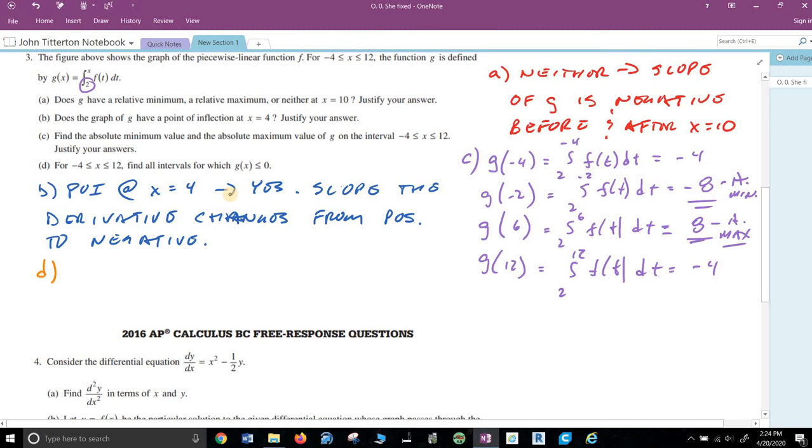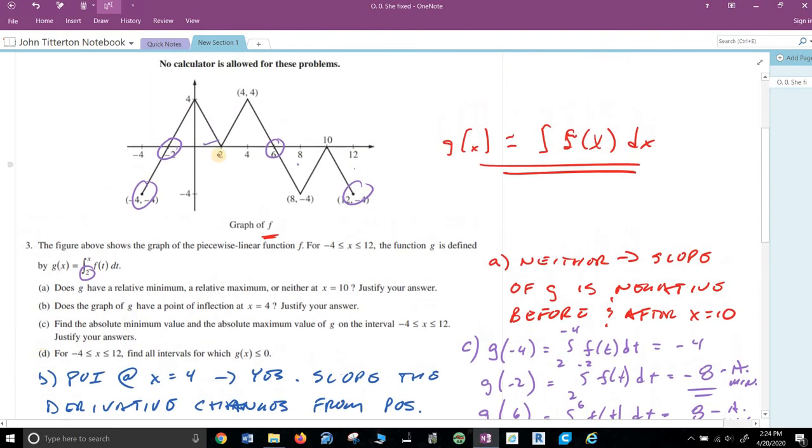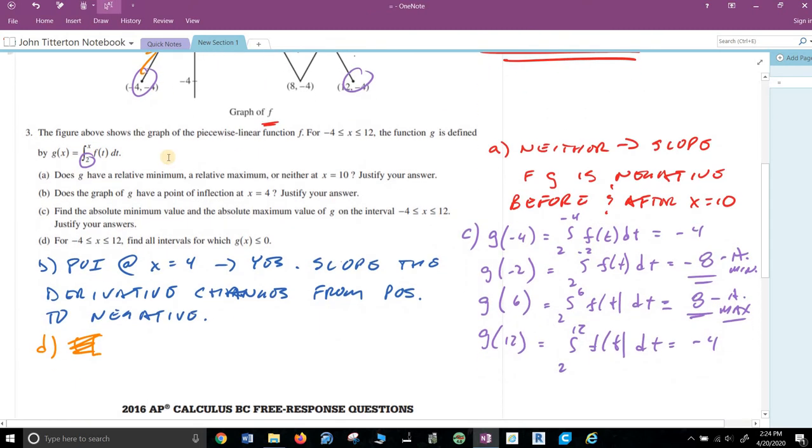I swear the College Board keeps messing with me. The difference between parentheses and brackets here. Not going to worry about it too much. We start at 2 and we go left, and it will be negative because we're going left, it's above the graph, and then this will be a positive chunk, but this chunk only cancels with that, so it's going to be negative all the way back to negative 4. So we're looking at, according to them this time, negative 4